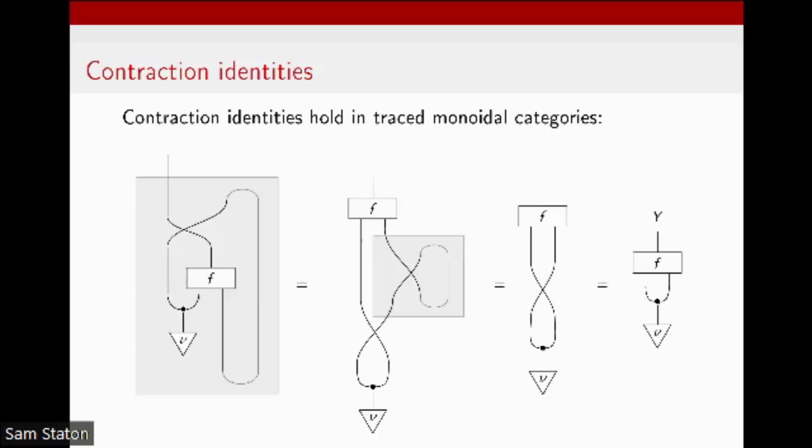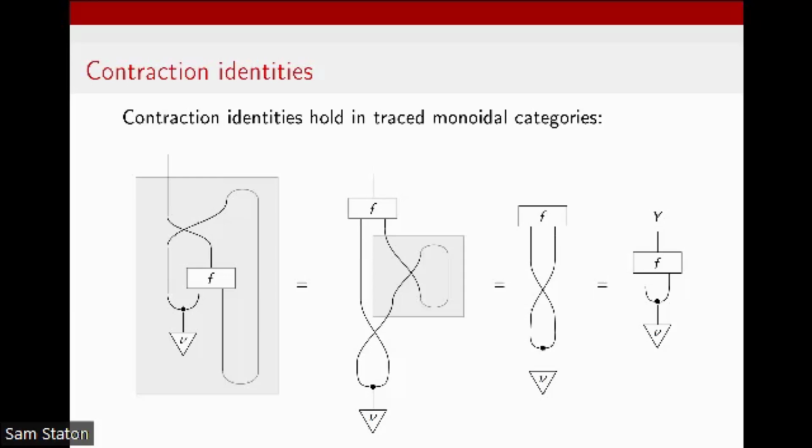But first, contraction identities always hold in trace monoidal categories. This shouldn't be too surprising. As you can see on the left, I have my original morphism, but I took a trace of it. Now using the trace axiom, first I tightened it, then I applied yanking, then I applied the Markov category axiom of the copy being commutative. I managed to reduce to this thing, so it's easy to see then that the contraction identity on the previous slide holds.